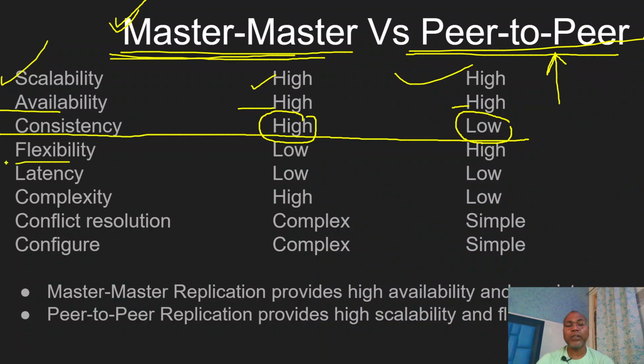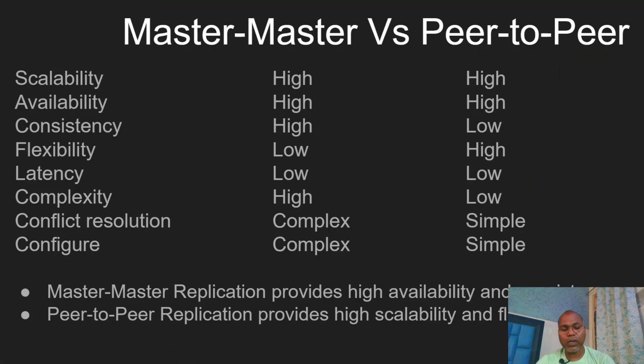And similarly, flexibility. Due to the master-to-master configuration, the complexity is very high, so flexibility is low. But with peer-to-peer you have lots of flexibility. You can add more and more servers, different databases, different schemas, different profiles, right? So schema flexibility is very high. And latency: both have it, because whenever you replicate, copying data from one location, one region to another region, some latency happens. But if you talk about some other, not important, but some